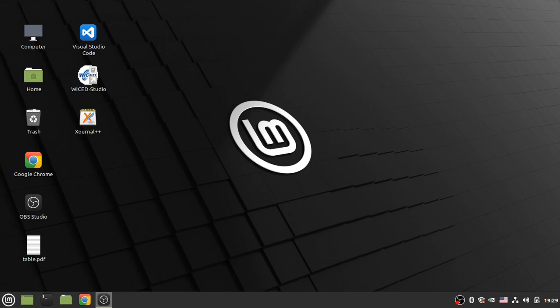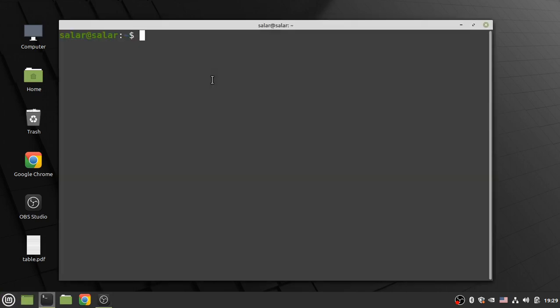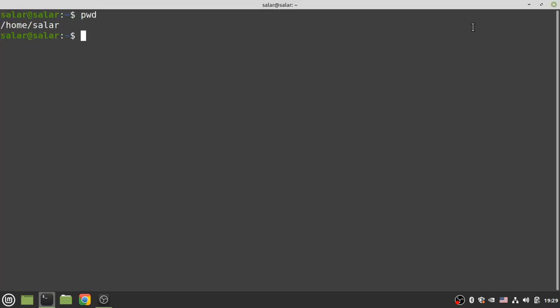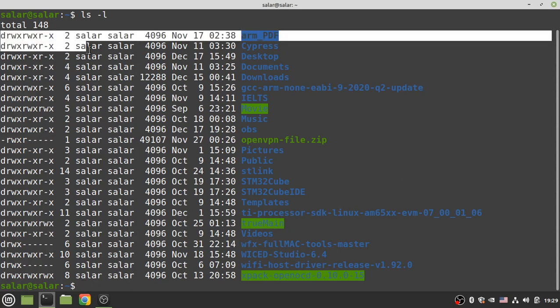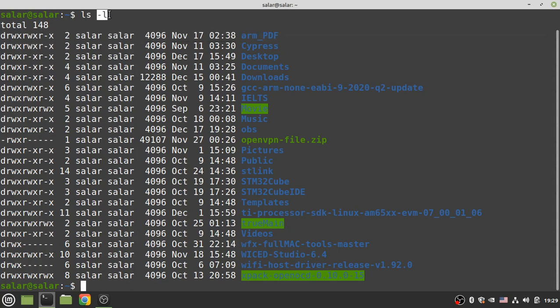Okay, let's open the terminal and run pwd. We are in the home directory. Now ls -l. Let's talk more about the information from ls and the -l option for listing files in the terminal. As you can see, a listing